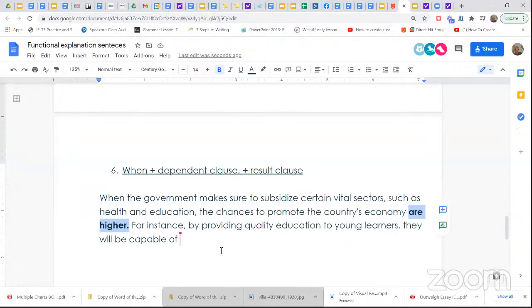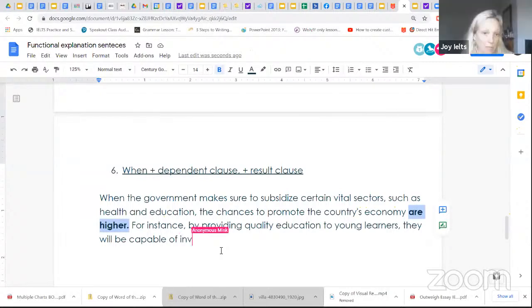securing places in prestigious universities, or capable of making contributing, nice, to the